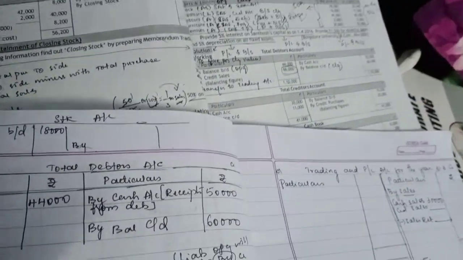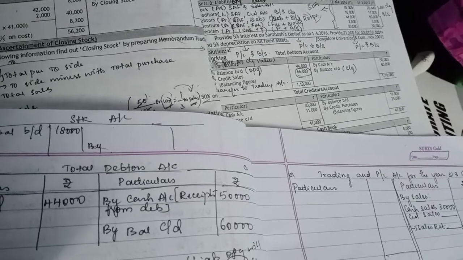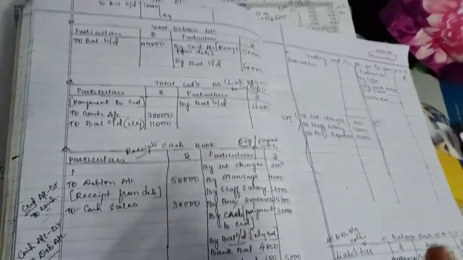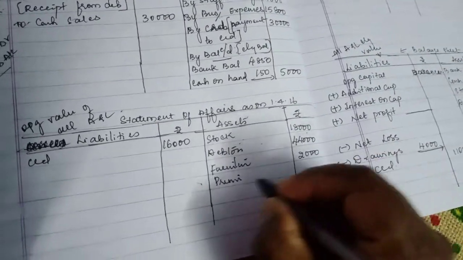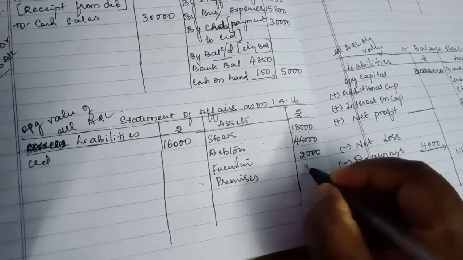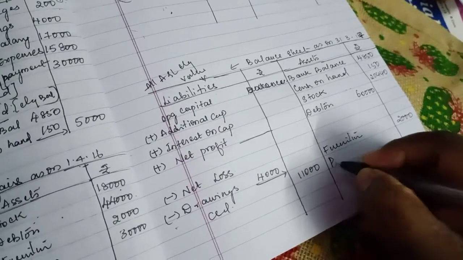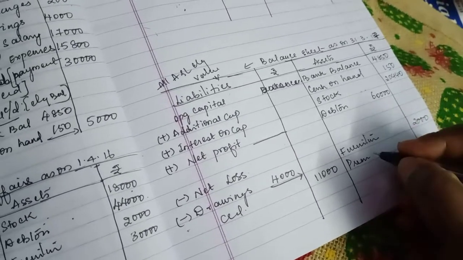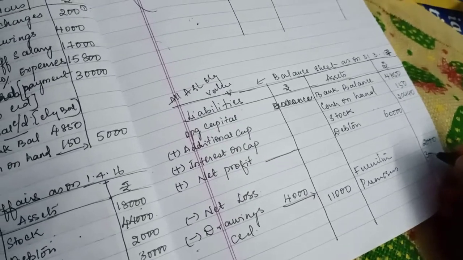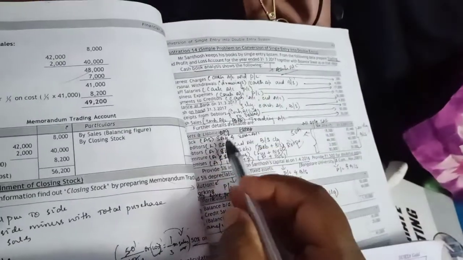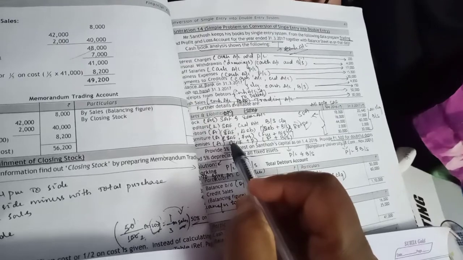Okay, next, premises means it is a land. So we are opening and closing. Opening is 30,000, closing is also 30,000. So where will this come? We are not preparing any premises account, so one time you can ignore. Second time it will come in the statement premises 30,000, and the closing value will come in balance sheet, that is premises 30,000. Okay, now we finished all the cash transaction, we finished all the assets and liabilities also two times.